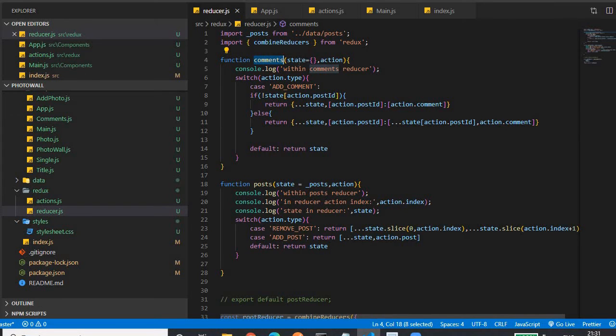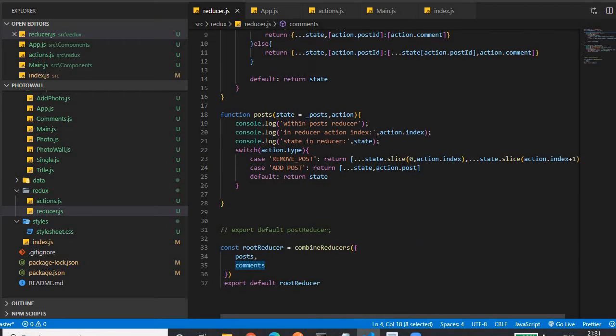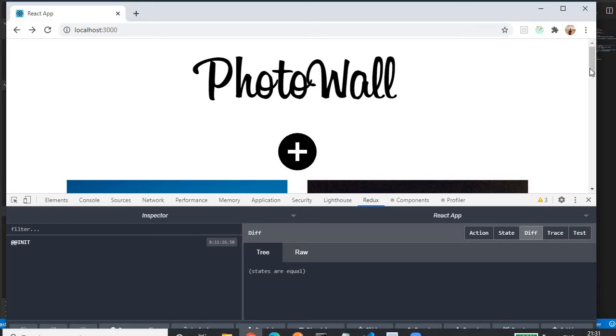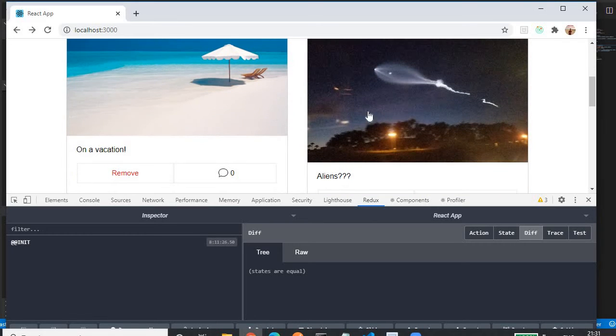It takes two parameters. We'll come to the first one later. This is a post reducer. Whatever images you are seeing, we can consider this an array of objects.